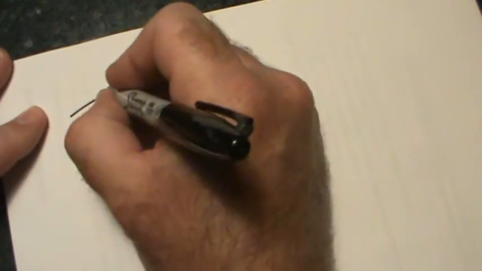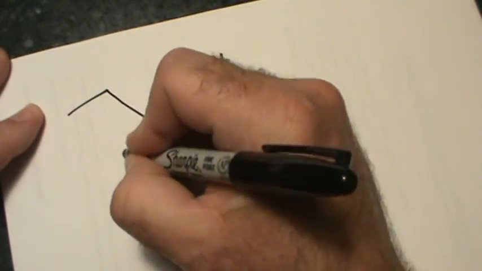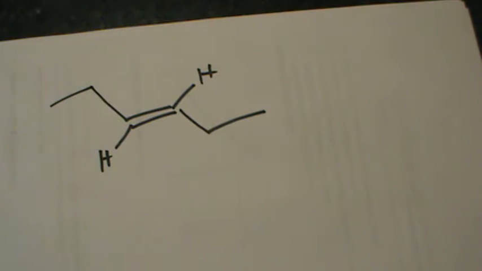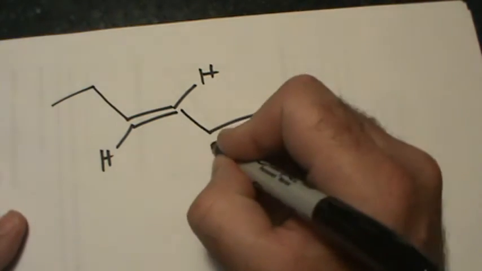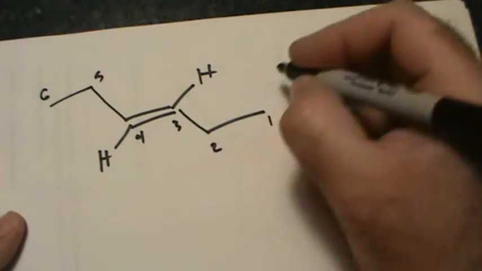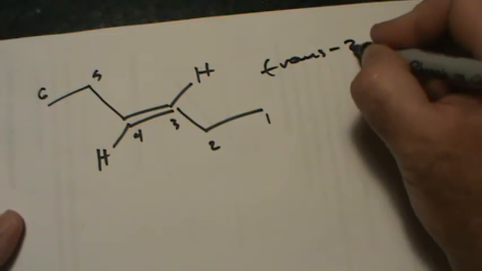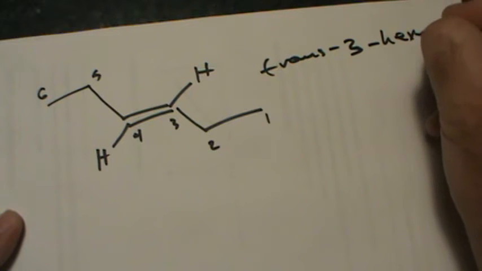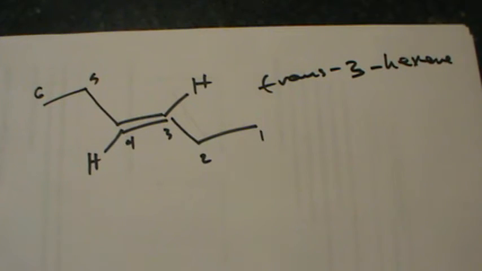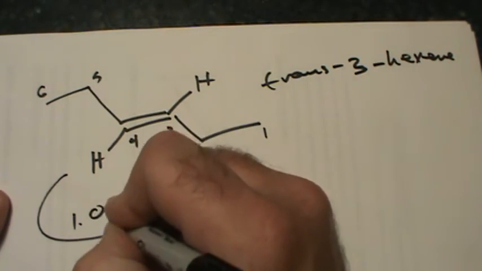Let's take this alkene, which is 1, 2, 3, 4, 5, 6. This is a trans 3-hexene. Trans 3-hexene. And let's treat it to ozonolysis conditions, which means in the first step we're going to